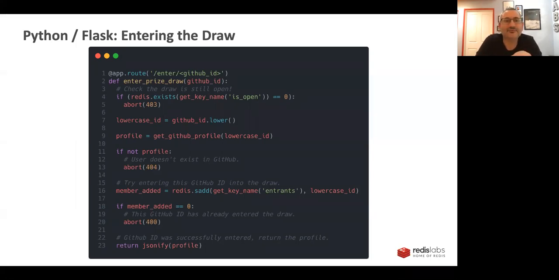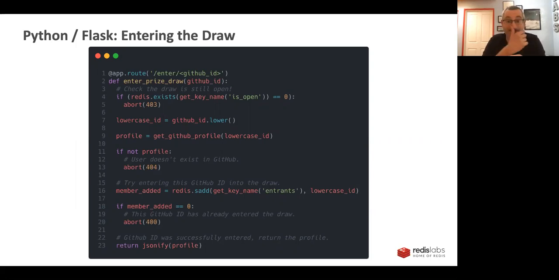We then look at the result of that at line 18, and what SADD returns is the number of members added to the set. Because we're adding one GitHub ID, the return value is going to be 1 if you weren't there already, or it's going to be 0 if you were there already and you're sneakily trying a second entry into the draw. So if it's 0, we actually return a bad request. We say, no, you're not allowed to do that, which is how the front end then knew to display the message, well, you're already entered, so don't worry about it. So you can't game this by entering multiple times unless you've got lots of GitHub IDs,